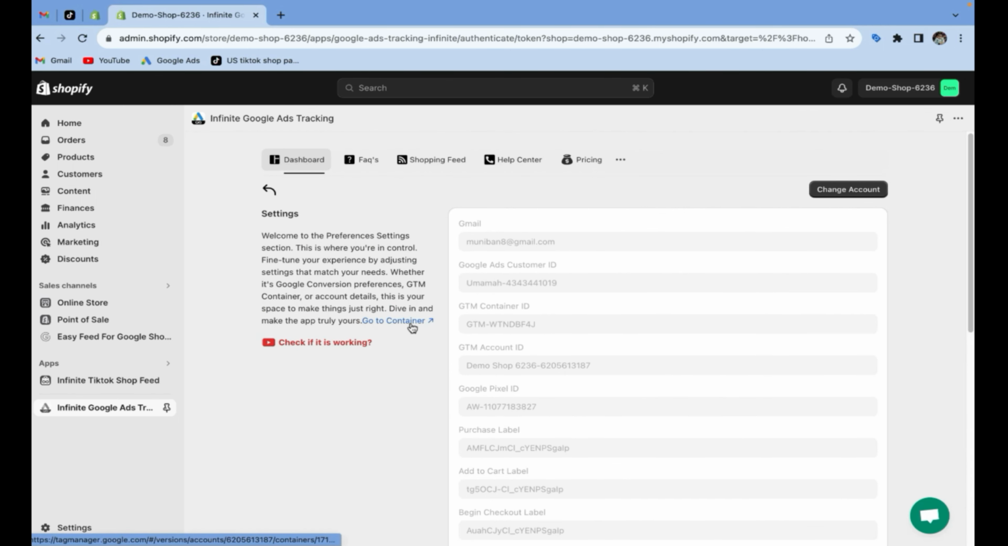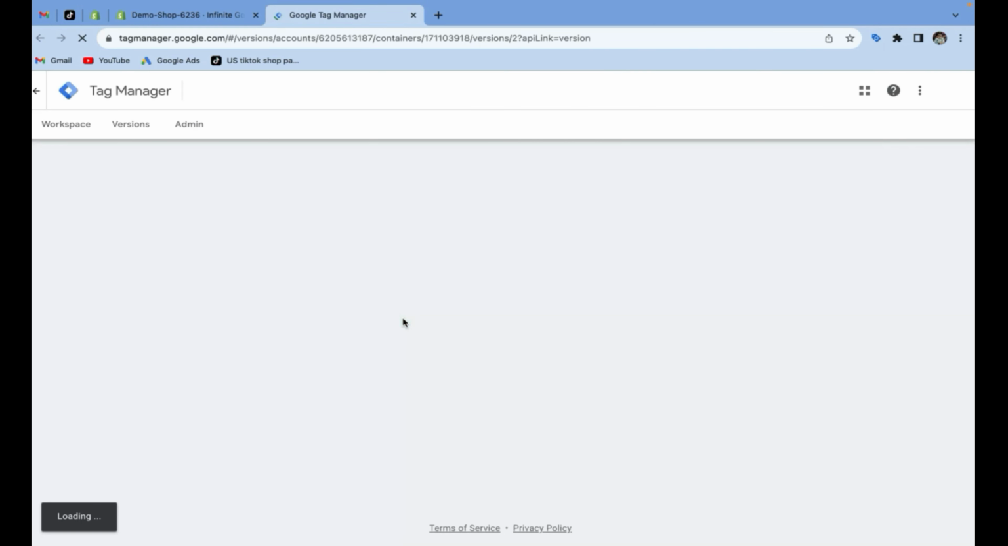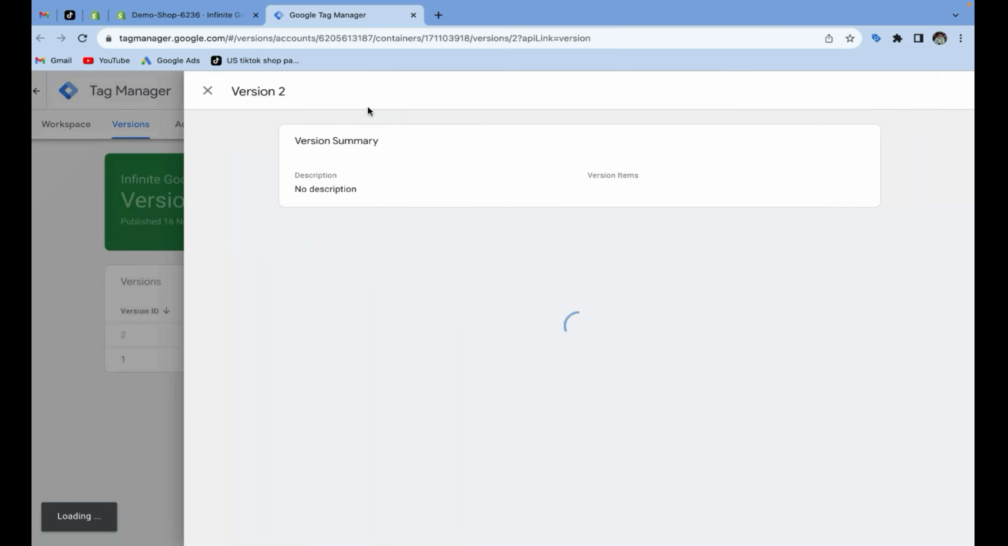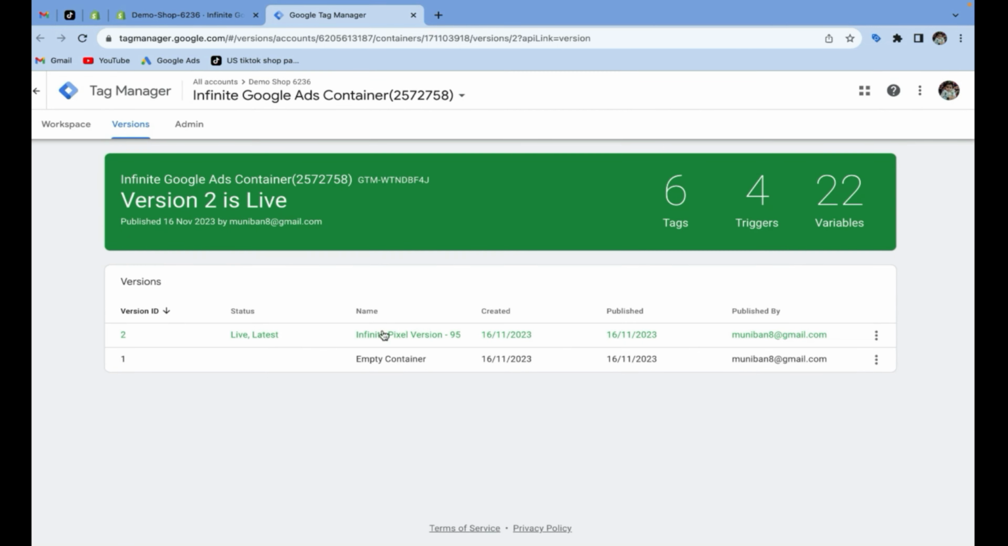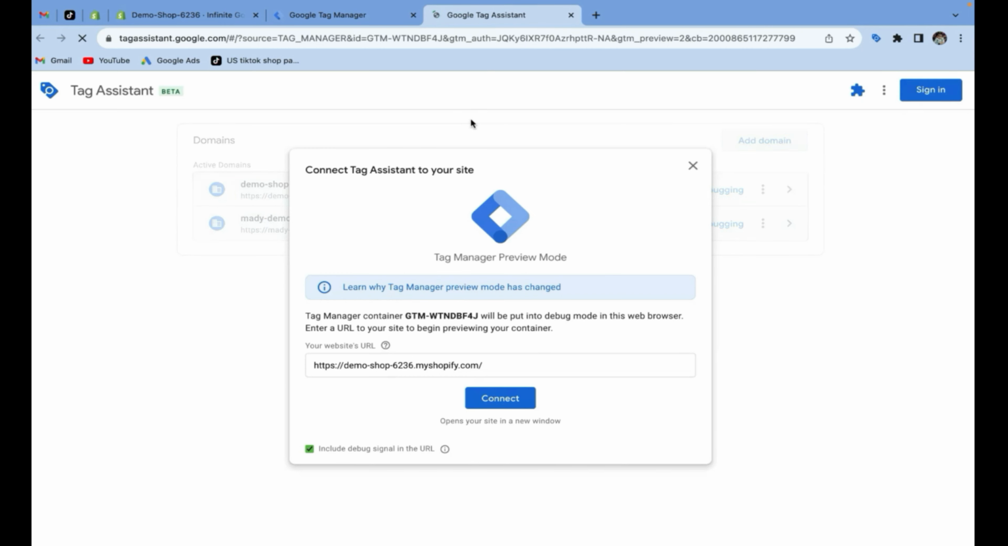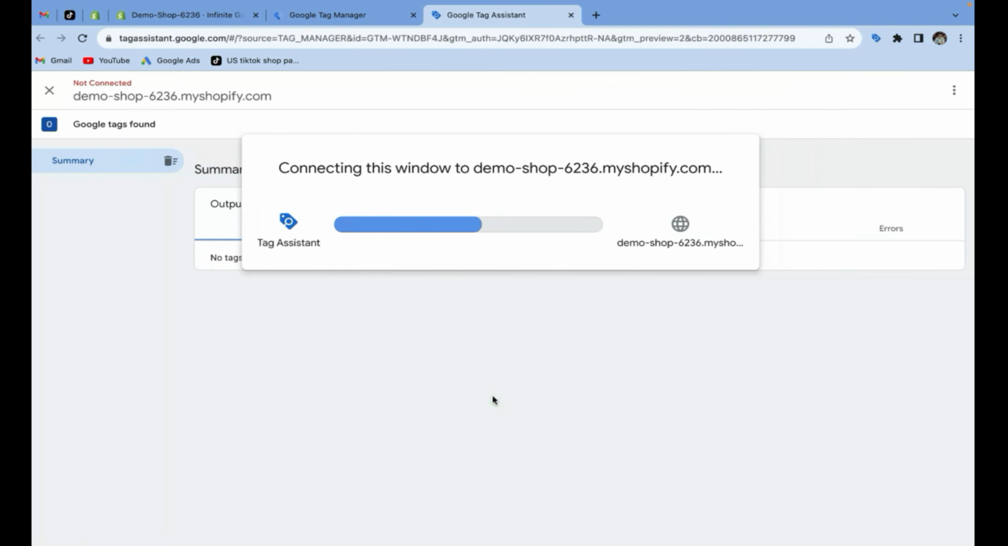So I have to click on go to container. It will get me to my Google Tag Manager in version 2. You can see here is the version summary, and if I click on these three dots, I can preview by clicking on this preview, and I can also do the same thing by clicking on my container. You can see this container is live, and click on these three dots and preview. So here I have to attach my store URL, click on connect,